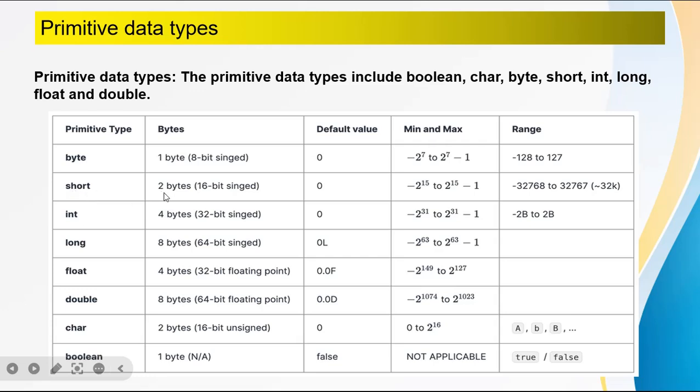Short integer has 2 bytes storage capacity and its range is minus 32,768 to 32,767, that is the positive value. So if we store 32,768 as a positive number in a short integer, then it is not allowed, it is not accepted. Integer has 4 bytes storage capacity, long has 8 bytes storage capacity,